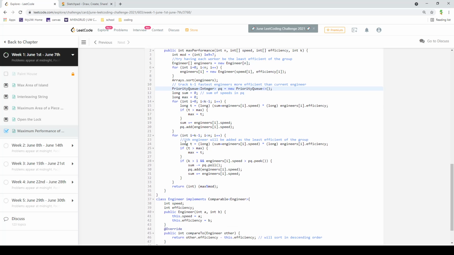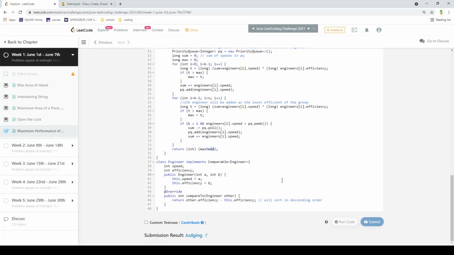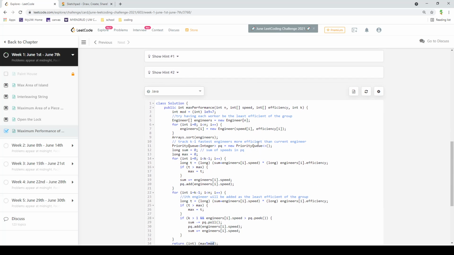And so after checking every engineer, after using every engineer as the least efficient of the group, we know that the max will be the answer, we can just mod it and cast it to an int and return it. And to analyze the runtime here, this will run in n log n runtime, which is perfect for n equals 10 to the 5, because